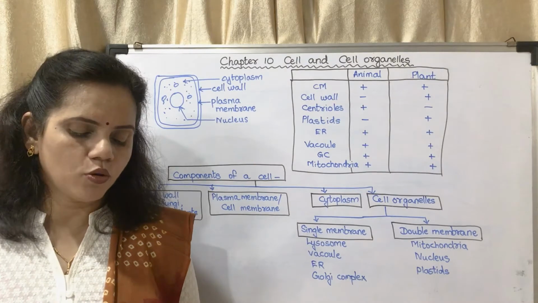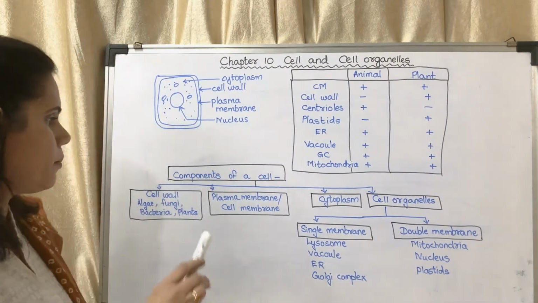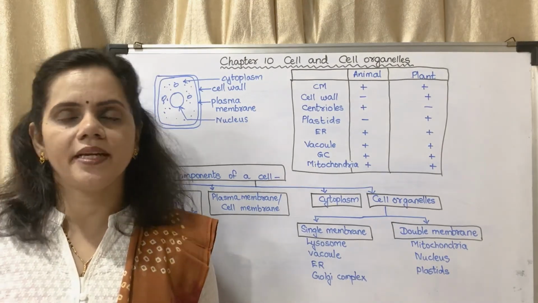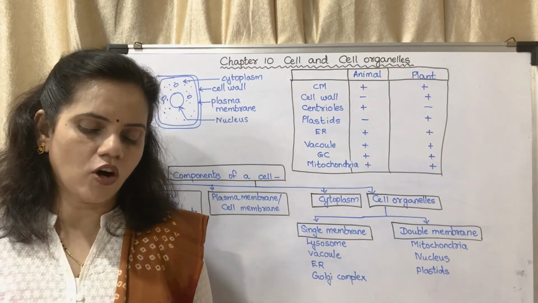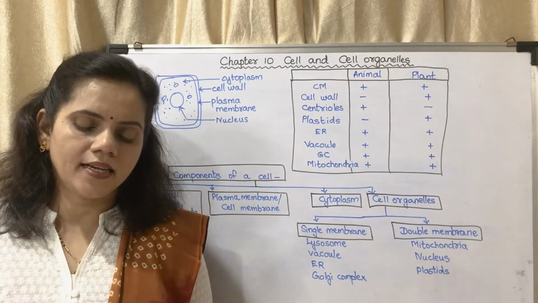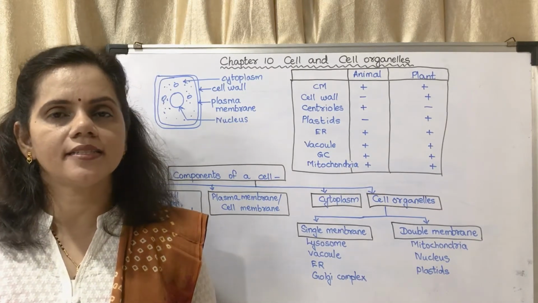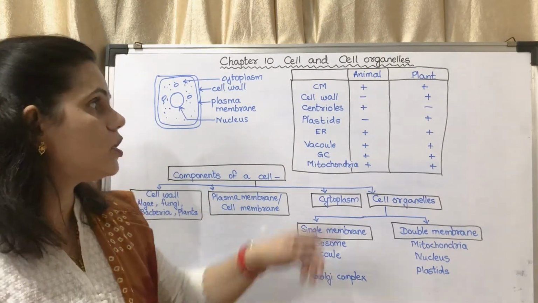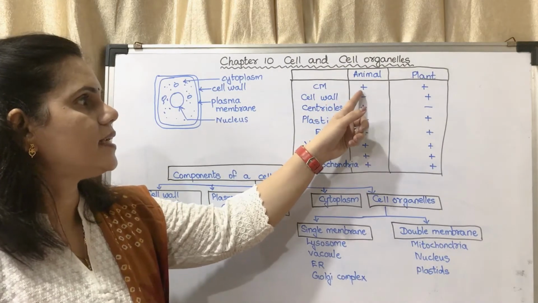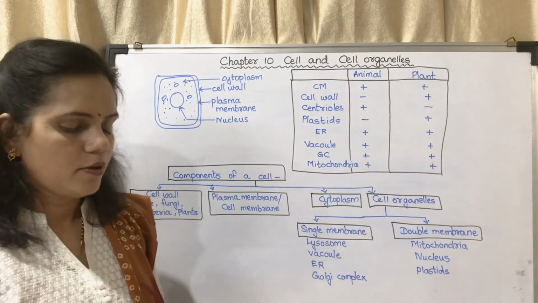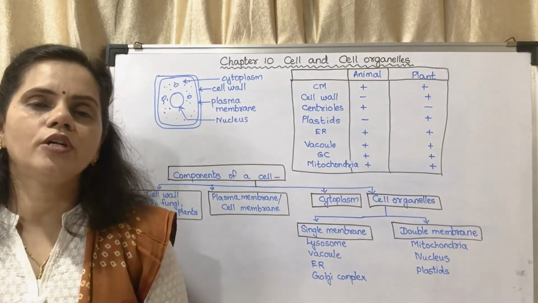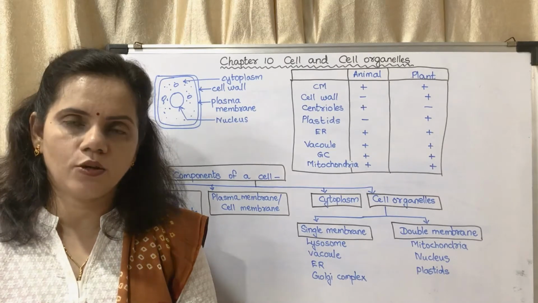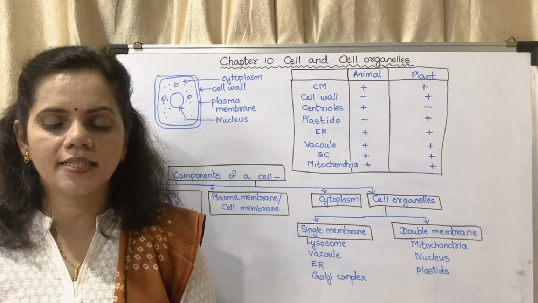Now next we may move on to the next cell component, that is plasma membrane or cell membrane. Plasma membrane is present inner to the cell wall. It is a thin, fragile and elastic covering that separates the cell components from the outer environment. You may note it is present in animal cell also, it is present in plant cell also. Now we may move on to page number 68. The structure of cell membrane. It is an objective question. You may underline that statement.